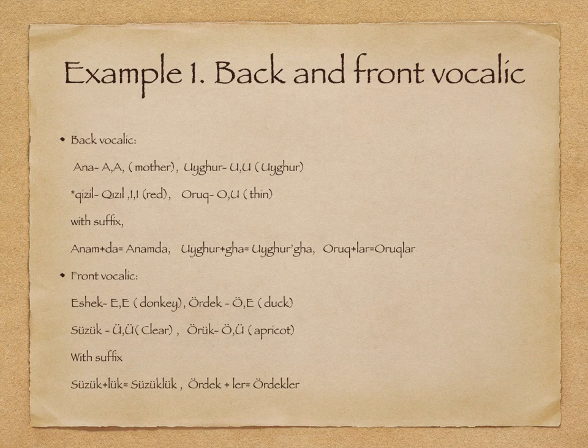Let's see with suffixes. Da, da, ta is the locative suffix. It's like at my mom, right? On my mom. Anam is my mother. At my mother or on my mother. So anam da. Instead of choosing ta, we chose da because it's voiced. But then we didn't use de because it's back with back. And for Uyghur, ga is the dative suffix, for Uyghur, right? Because of voicing, we chose ga instead of